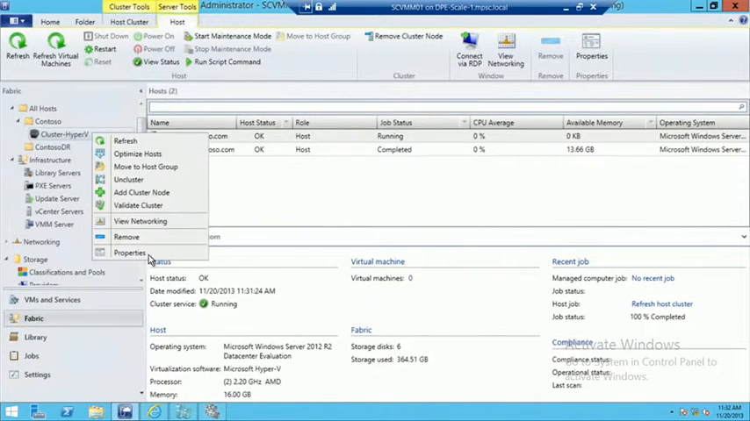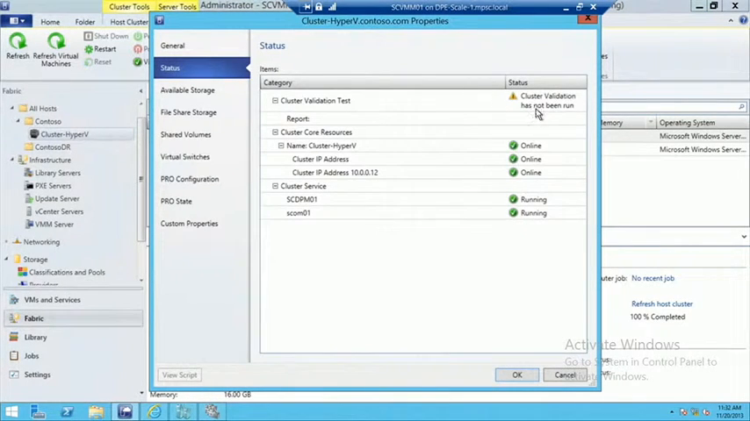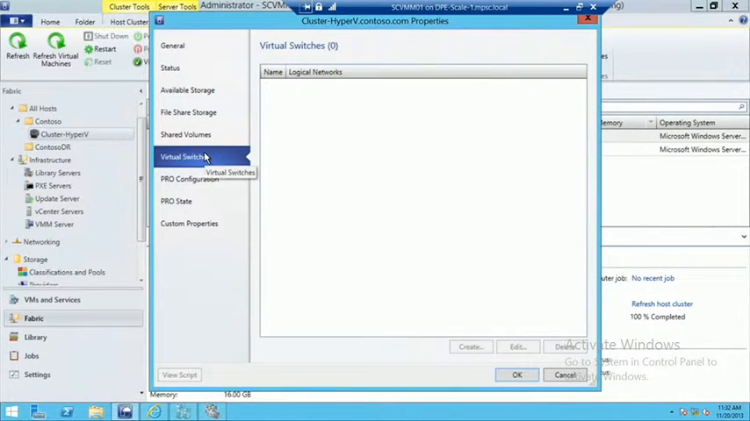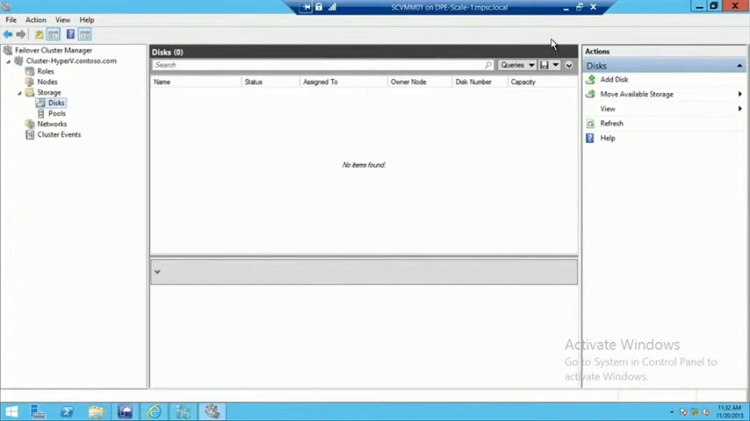Go back to our properties here. Now, once that validation test is run, you're actually going to see a direct hyperlink to show that validation test. So let's go and take a look at our available storage here. Now, again, if we go back to Failover Cluster Manager, remember we don't have any storage assigned